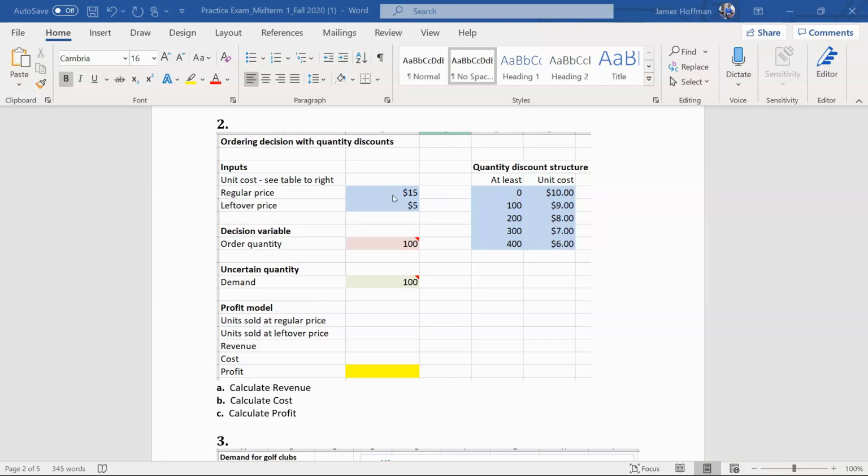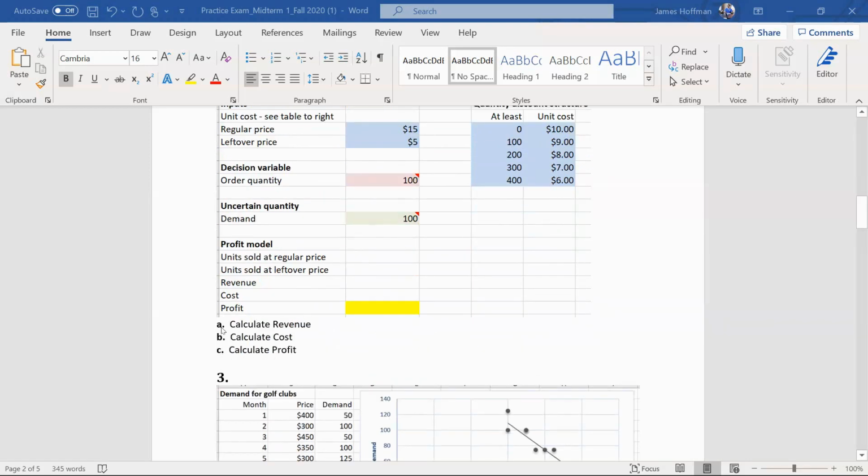Alright, so we got these books at the regular price and the leftover price, and the cost depends on how much we order. Remember, the key here was there's quantity discounts: you get a discount if you order more. So we sell the books at $15. The leftover price is $5 if we overshoot demand. And based on the number we order, it is one of these costs. And we decided to order 100, and demand was 100. So part A,